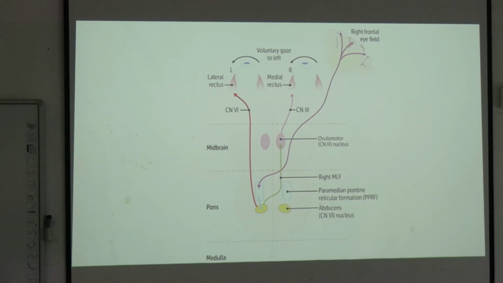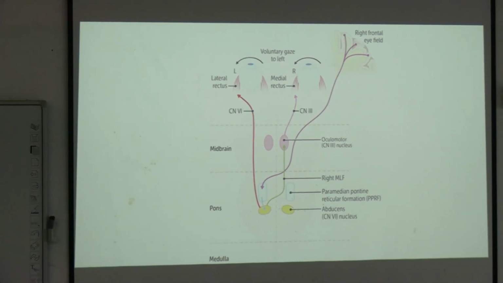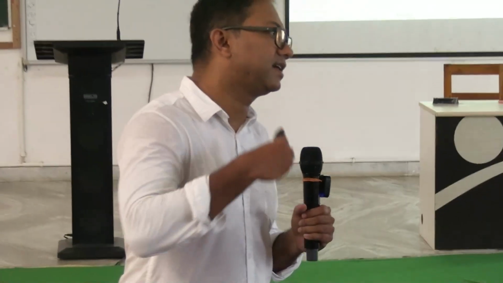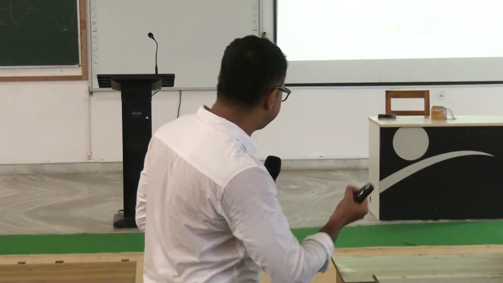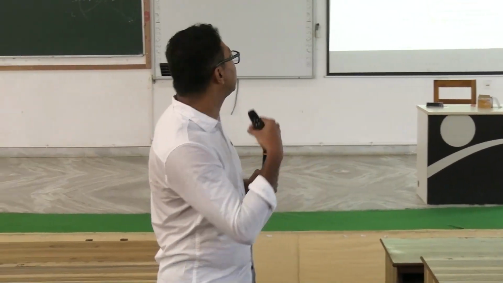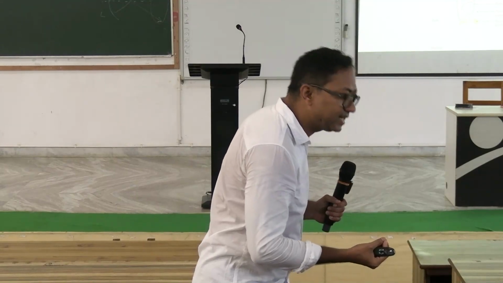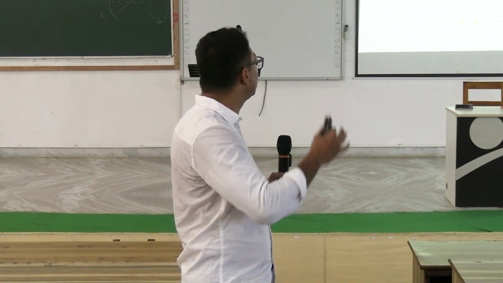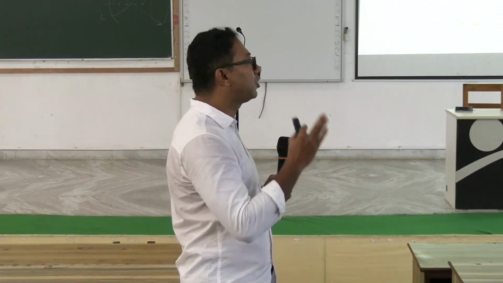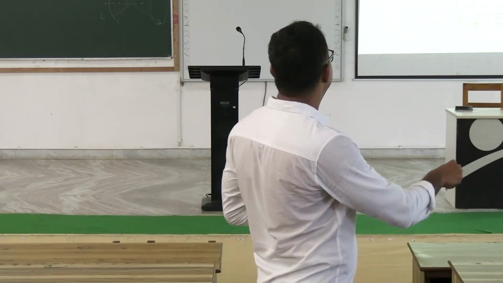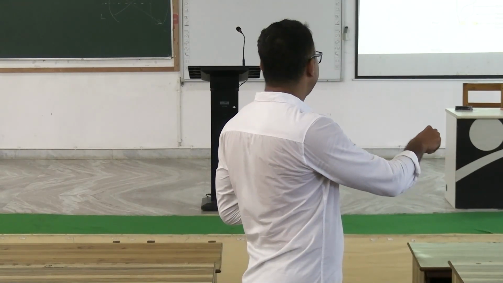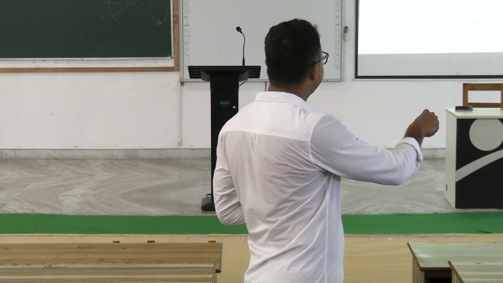So the right sixth cranial nerve nucleus is connected to the left third cranial nerve nucleus through the right medial longitudinal fasciculus, and the left abducens nucleus, or left sixth nerve nucleus, is connected to